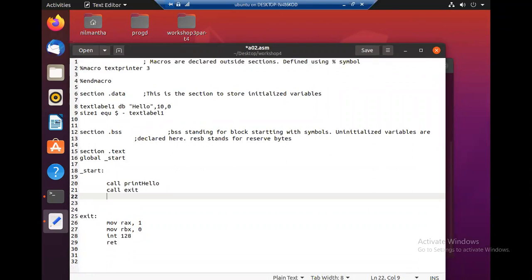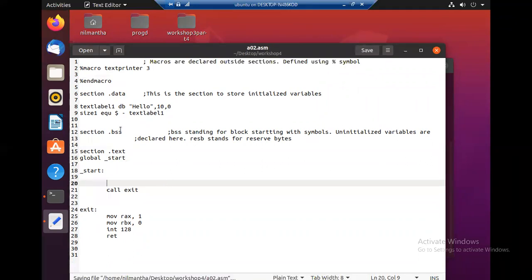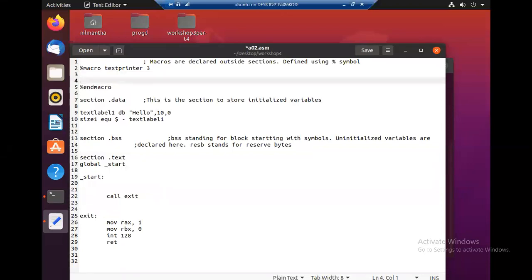Delete this one, and call in this subroutine also. Okay. So after that, I will copy paste that one here.